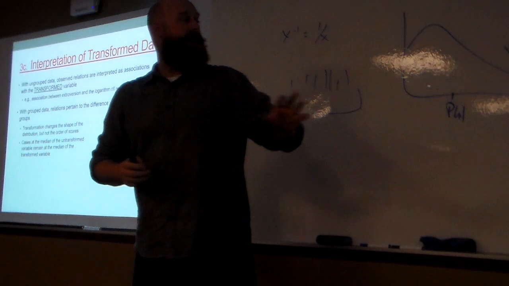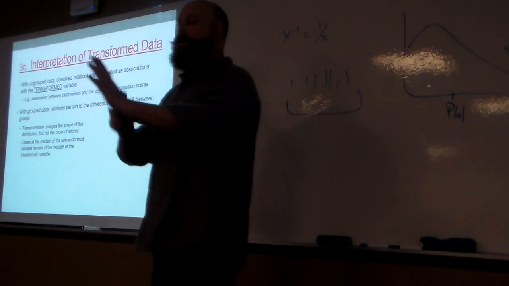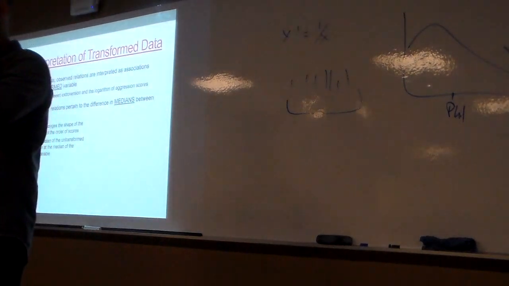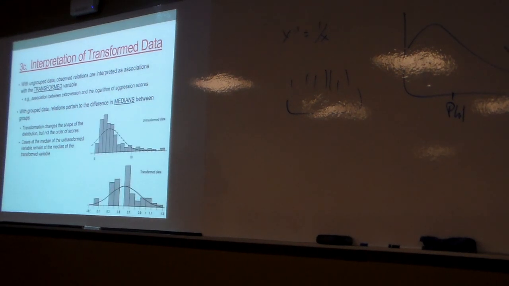The middle score of your transform data is still the middle score of your untransformed data. And so when we're talking about mean differences in our transform data, the person at the middle of the distribution, the center of the distribution, literally the person who has half the scores above and half the scores below, is still in that same position in the transform scores. So our transform doesn't change the rank order of individuals in terms of whatever it is we're measuring. It's just the differences between them that start to get changed with the nonlinear transform, right?